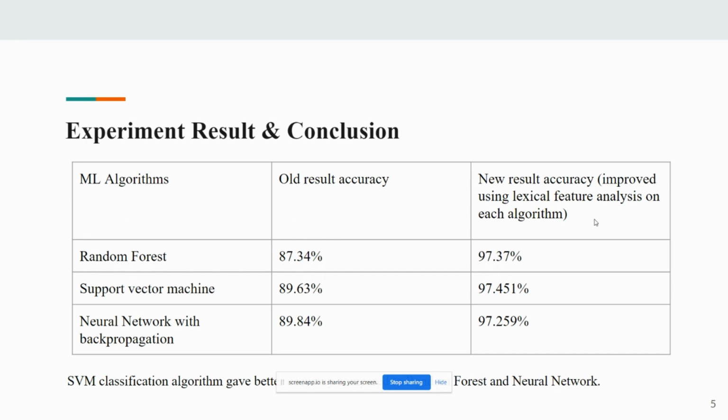From the table we can see improved accuracies of random forest classification, support vector machine classification method, and neural network classification algorithm. The old results were 87.34%, 89.63%, and 89.84% respectively. But with improved lexical feature analysis on each algorithm, the accuracies are 97.37%, 97.451% and